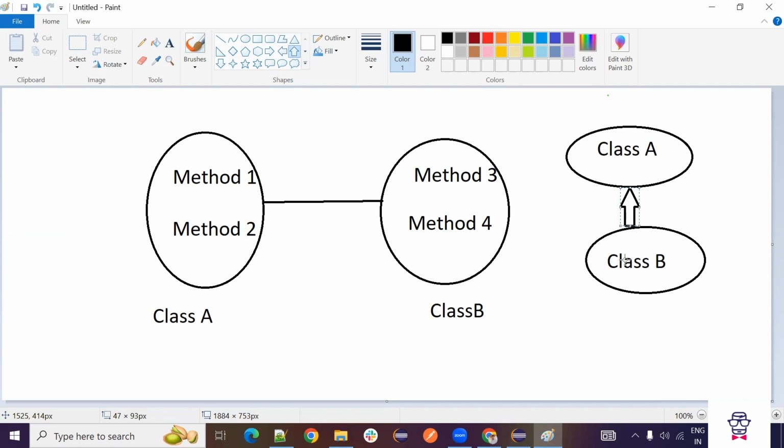Now, in multi-level, what we are saying is, we want to create one more class, which is a child to this class B.